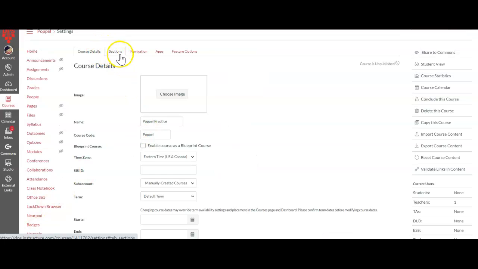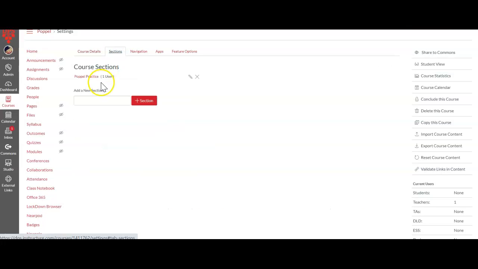Okay, and up here at the top, you're going to see a part that says sections. So you're going to click on sections and we're going to add a new section. So say you're going to teach the same thing first period. Maybe you're going to teach the same thing during second period. And maybe you have the same course during sixth period. Okay, so this is going to not only allow you to view different sections of the gradebook, but as we create our first quiz, maybe you have a different